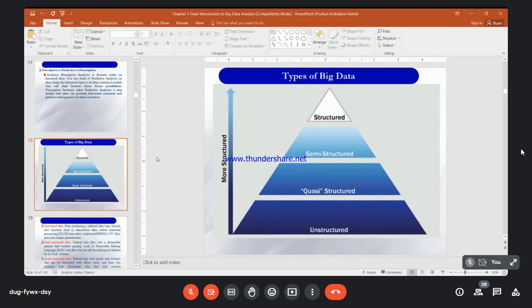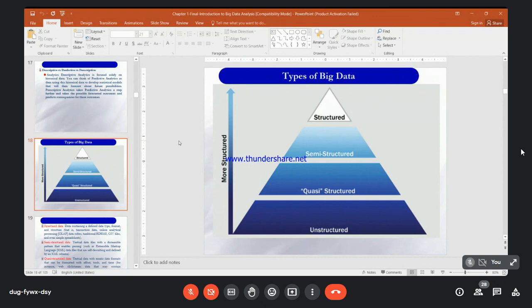A structured, which is CSV file. It has both column and row, and it is easy for managing. Usually it has been done for the last periods of time, that structured data. But really in this world, all of the data cannot be structured.